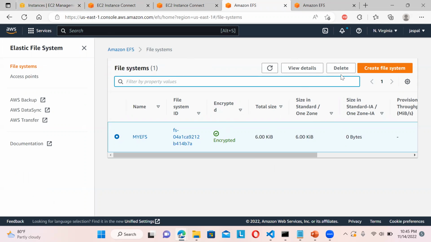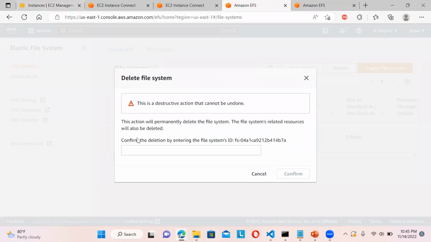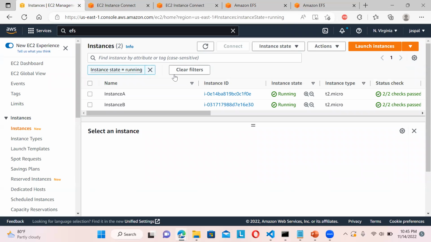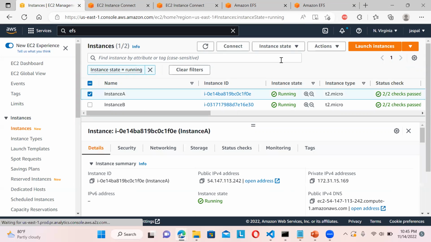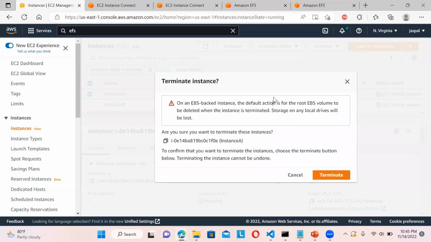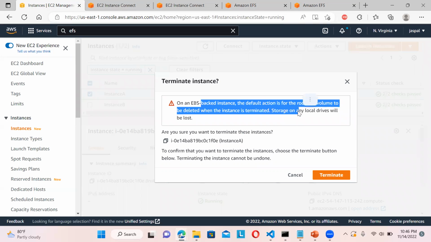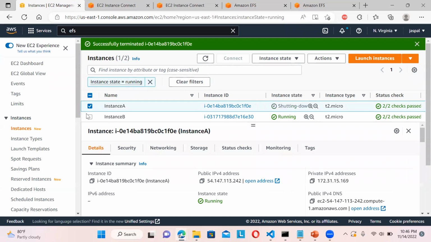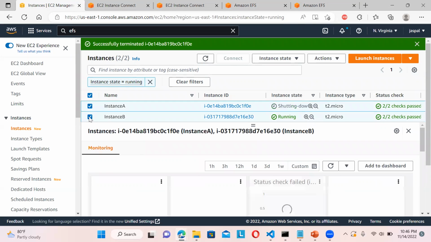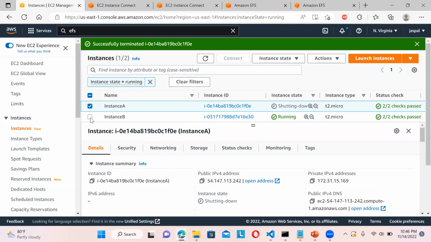So before signing out, just delete this, and also, you can see this is a restricted action. So better I will just terminate my EC2 instances. Terminate. It will automatically, you can see it is an EBS-backed volume, the default root volume will be gone. So all the local storage will be gone. No worries. And this one also we can